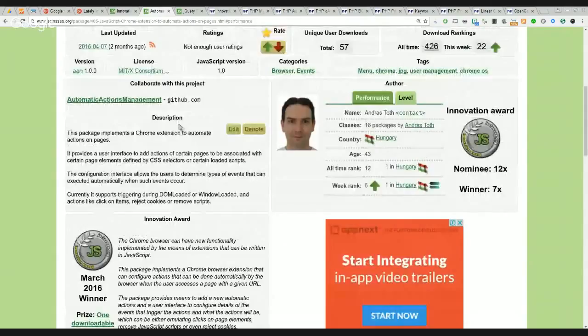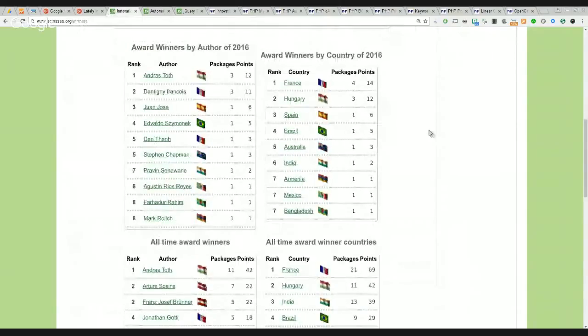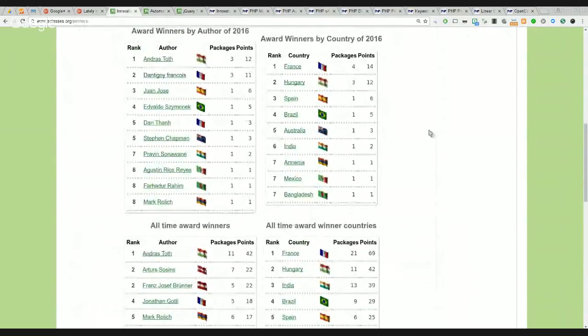So let's move on and take a look at the rankings for the Innovation Award winners of 2016. So far, Anders Toth is the leader with 3 packages and 12 points, followed by Dantini Francois from France with 3 packages and 11 points. Then there is Juan Jose from Spain with 1 package and 6 points. Evaldo Zmoniak from Brazil with 1 package and 5 points. Then there is Dan Tan from France and Stefan Chapman with